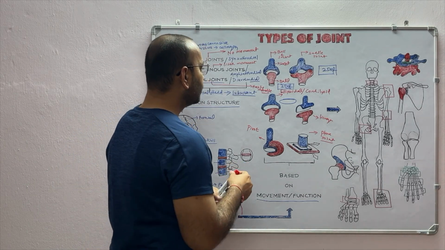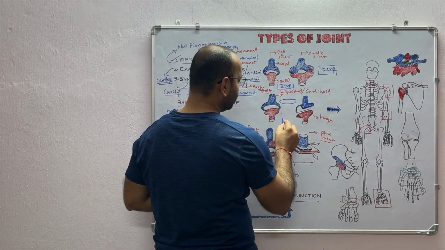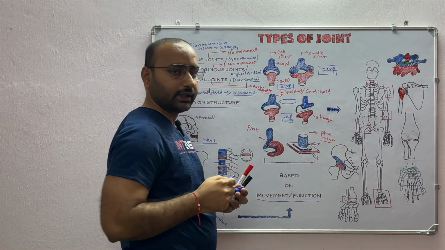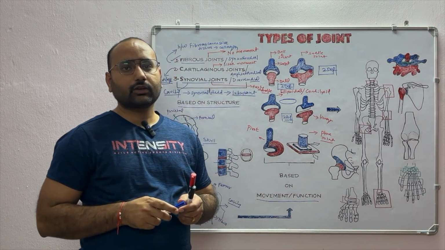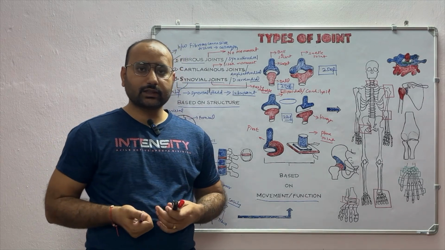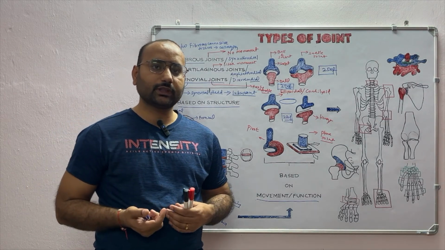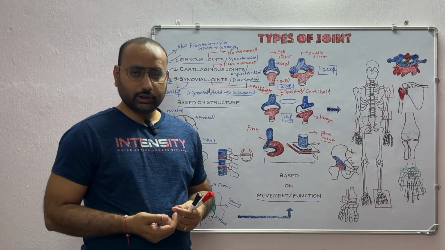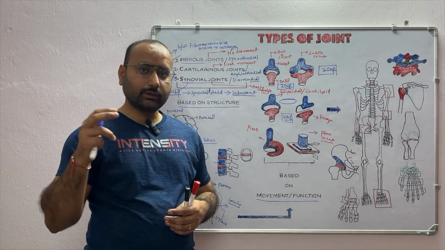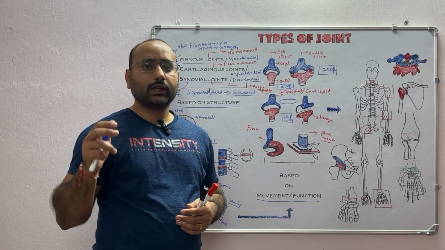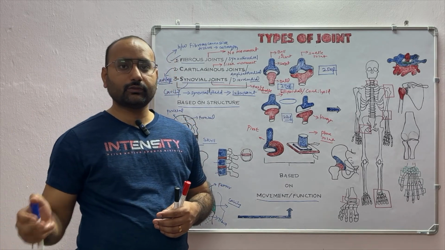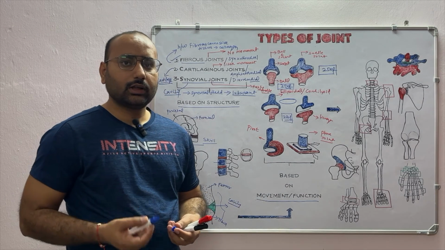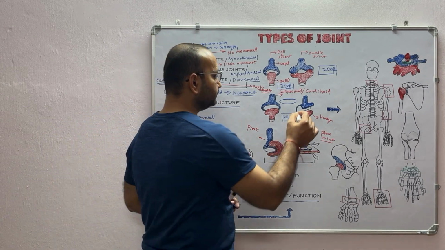So this will have again 2 degrees of freedom, right? Coming to the hinge joint, so the hinge joint is the most relatable and common joint present in the skeletal system. You can think of the hinge joint in doors. You have a door where one end of the door is fixed to the wall using the hinge joint. So a hinge joint basically allows motion in 1 degree of freedom,